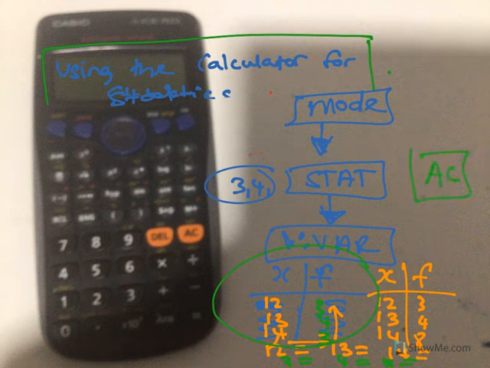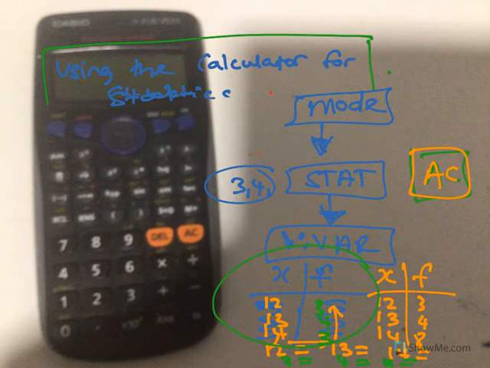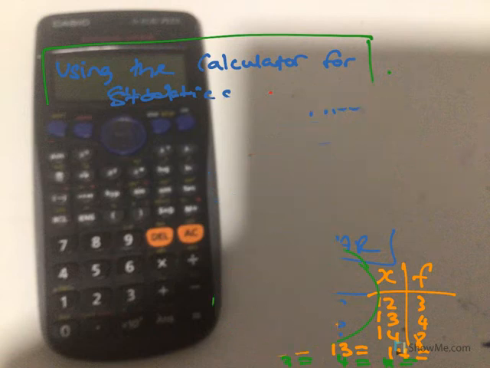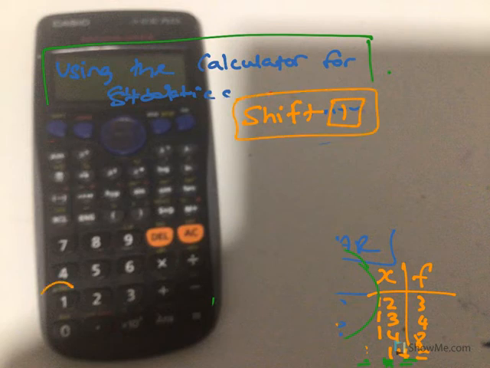Now what you do is you just press all clear. So once you've pressed all clear, now you can find things with your calculator. So we'll keep those figures there. So you go shift 1. And when you go shift 1, what will come up is you need to then look at what you want. Now, if you do 1 variable,